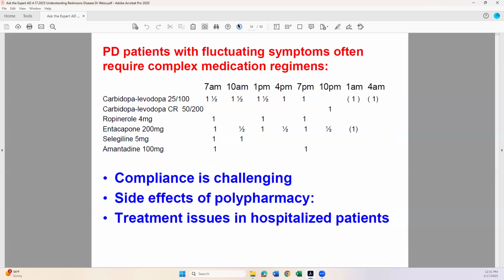And I won't go into this slide other than the fact that in addition to carbidopa, levodopa, there are a variety of other medicines that can be used to try to smooth out those fluctuations. You can see how complicated these medical regimens might get. So people may end up taking the medicine every 3 or 4 hours around the clock. So if compliance is challenging, there are side effects of polypharmacy. Now, on the next slide,